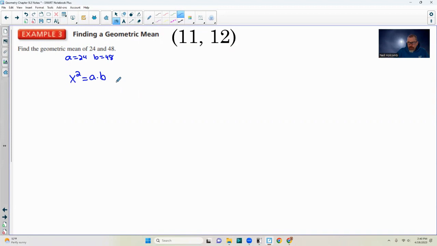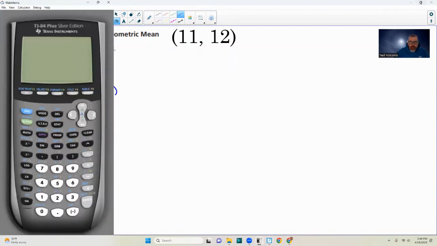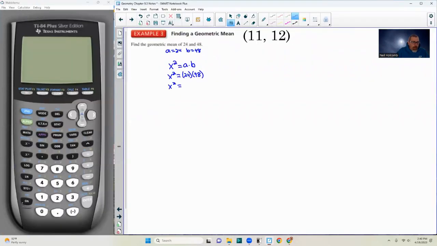Write the formula, substitute the givens, x squared equals A 24, b 48, and x squared equals, and let me get my calculator, 24 times 48, enter,